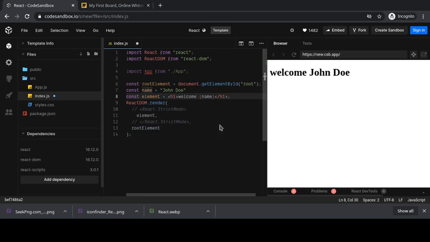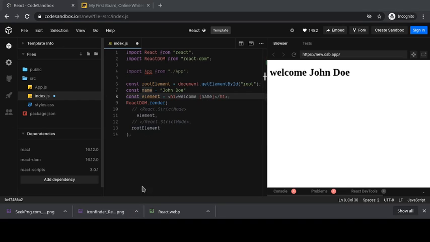To pass a variable to a JSX expression, you need to use curly braces. It is not only variables that can be rendered in JSX. We can also pass a method to a JSX expression. You can also pass any valid JavaScript to it. Now we have seen what is JSX and how to render a value in JSX.